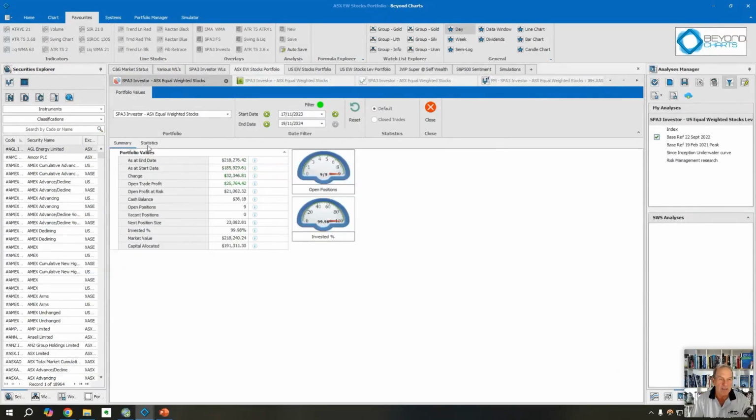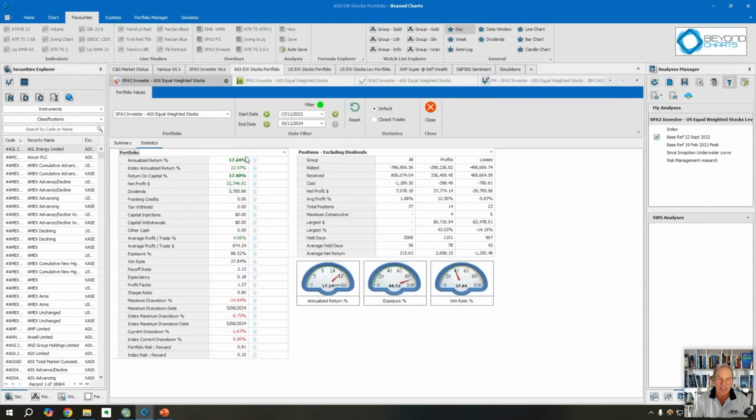Of course, you can go into summary and see where you are. So the value of the portfolio is 218,000 at the moment, at yesterday's close. And statistics, over the last 12 months, so I've just got 12 months over here. The 19th of the 11th, 2023 must have been a weekend, so it goes back to that Friday. And we're running at 17.24% annualized growth, well, that's just 1 year, so annual growth compared to the All Ordinaries